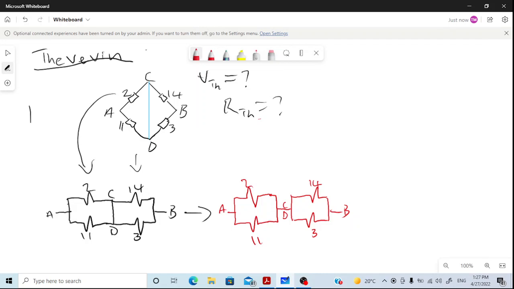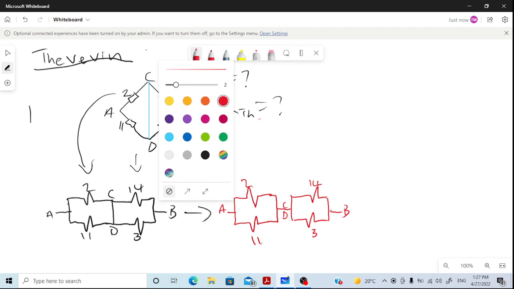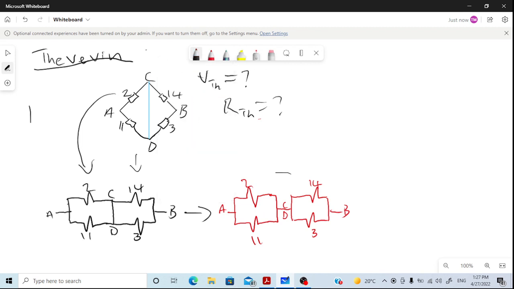Okay, now if you sum all these resistances, you are going to get what we call RTH, the value that we need to put here. So how do you get that one? These two are in parallel, but this parallel connection is in series with this parallel connection. So how do you calculate your RTH? So let me write. Your RTH will be equal to